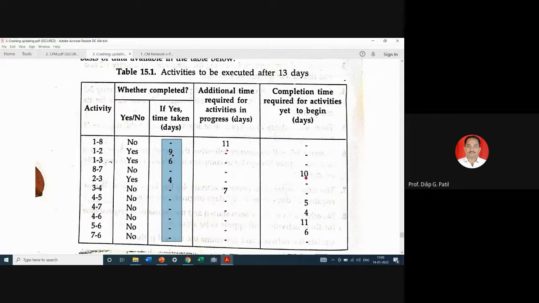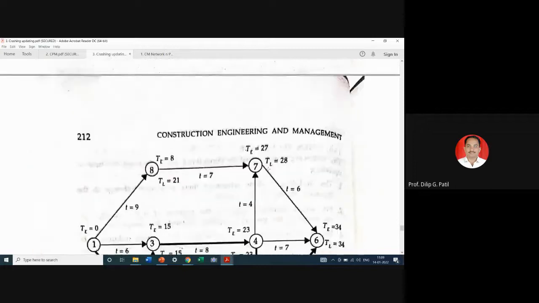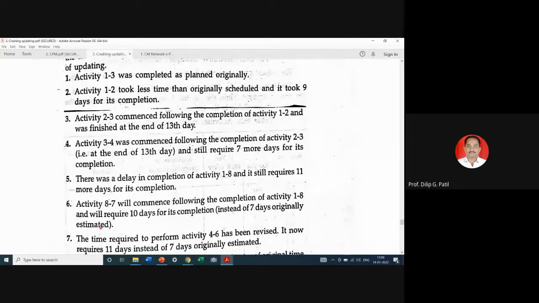And at the end of 13th day, we are taking review. At that time, there is no scope for considering this change in activity duration, which is already completed. Because due to that, dependent activities are rescheduled. The duration of dependent activity is already, we can say, reflected in all these cases. Are you getting? So तुम्हाला आता समजत असेल की आपण ऑलरेडी 13व्या दिवसापर्यंत आलेलो आहोत आणि ज्या ऍक्टिव्हिटी कंप्लीट झालेल्या